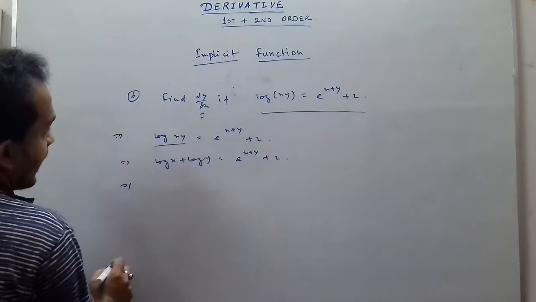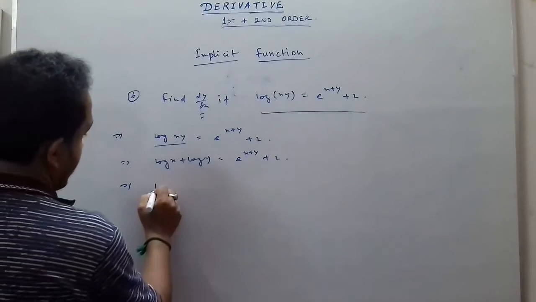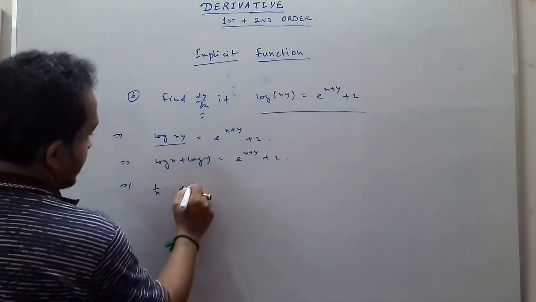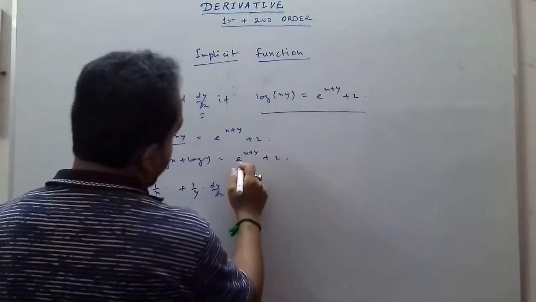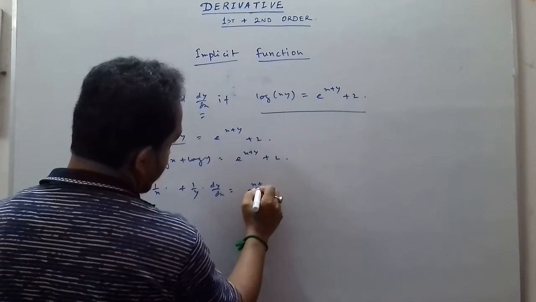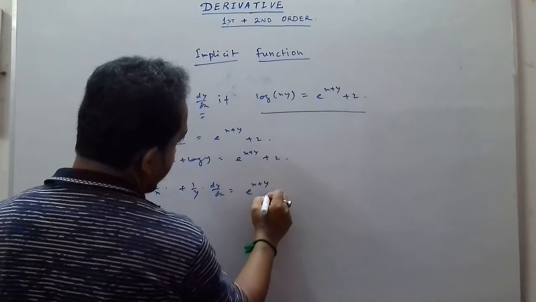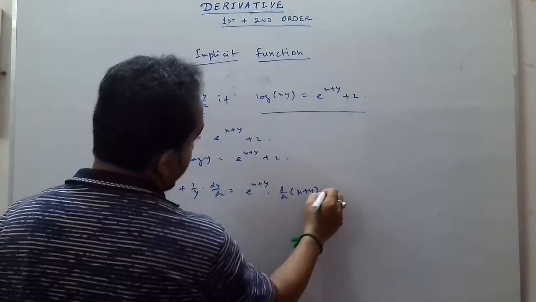Now differentiating term by term with respect to x, we get 1 over x plus 1 over y into dy by dx, and here e power x plus y by chain rule, derivative of this is equal to e power x plus y into d/dx of x plus y, and derivative of 2